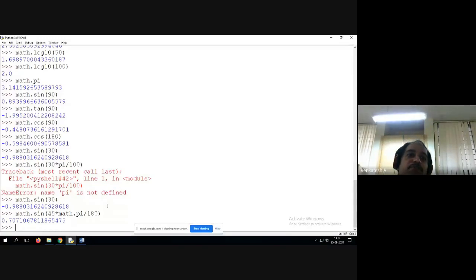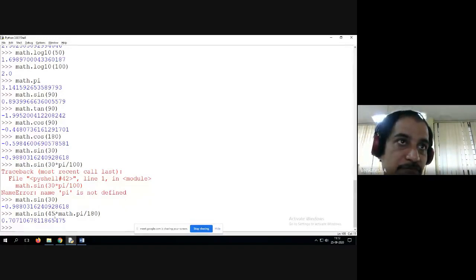Students, like this also we can perform operations. See here what I am doing. Sin 45 will give some value, into math.pi divided by 180. So like this we can write mathematical expressions.